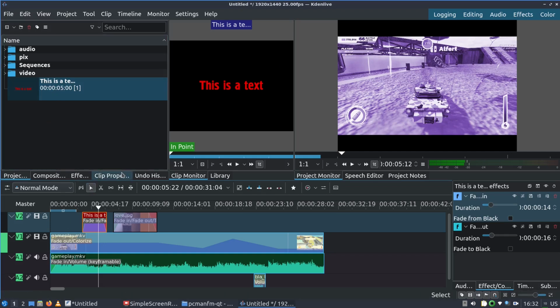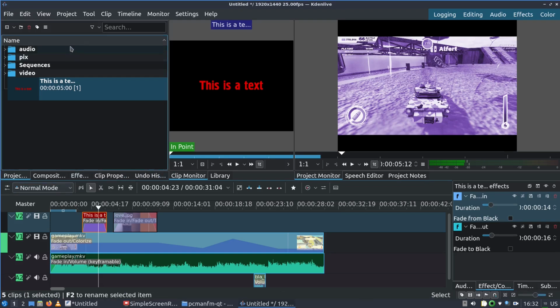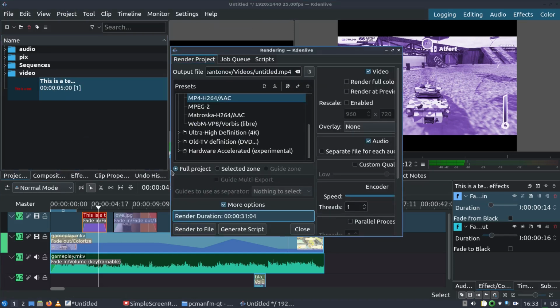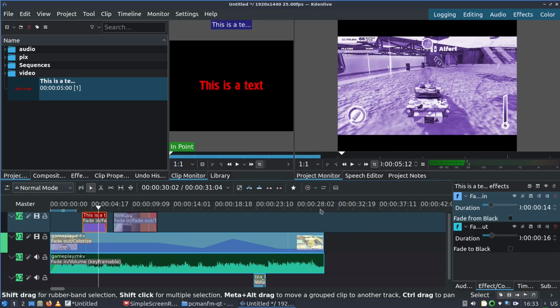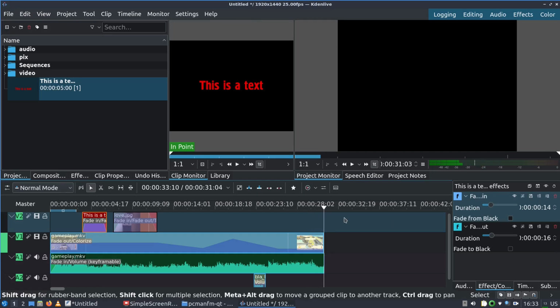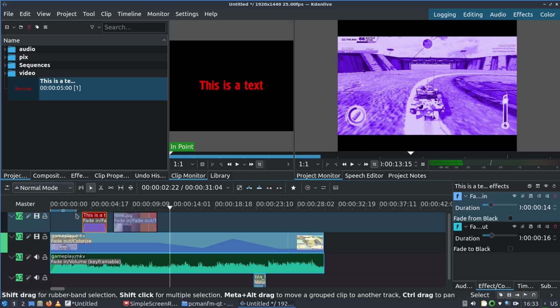First, let's modify the start point and end point of the entire video. When you want to make the final video, what you need to do is project render. Here you have two choices, full project or selected zone. Let's close this. Full project will be until the end of the last playable object, which will be right here. But let's say you want to create a video from here to here only. Then you use this blue area here. You can modify it with the mouse,